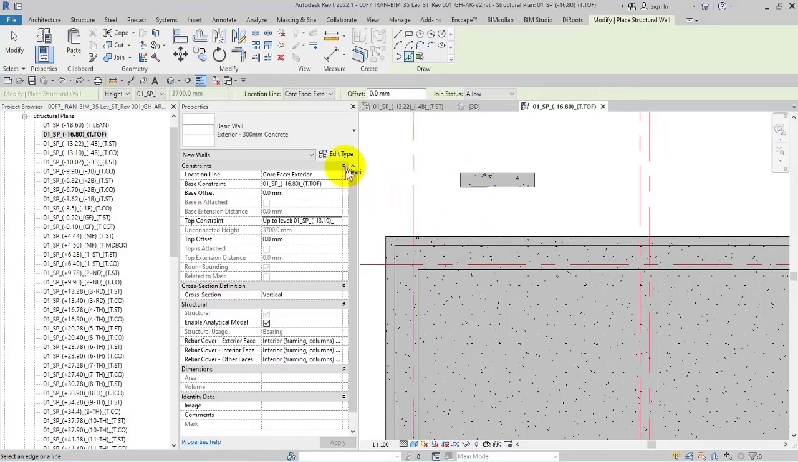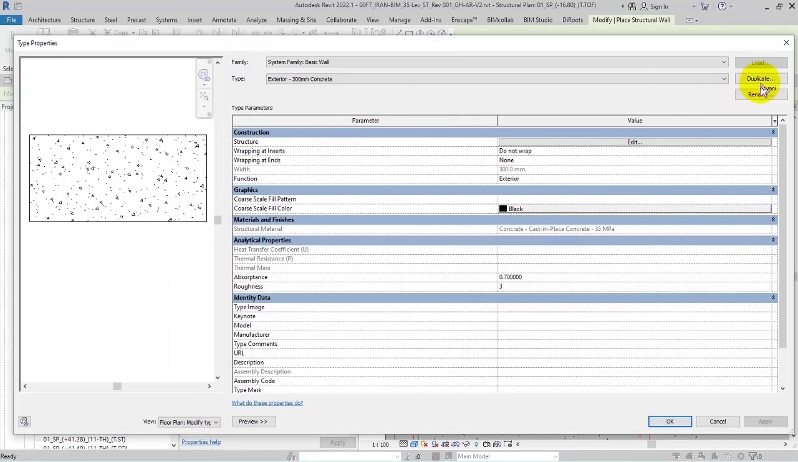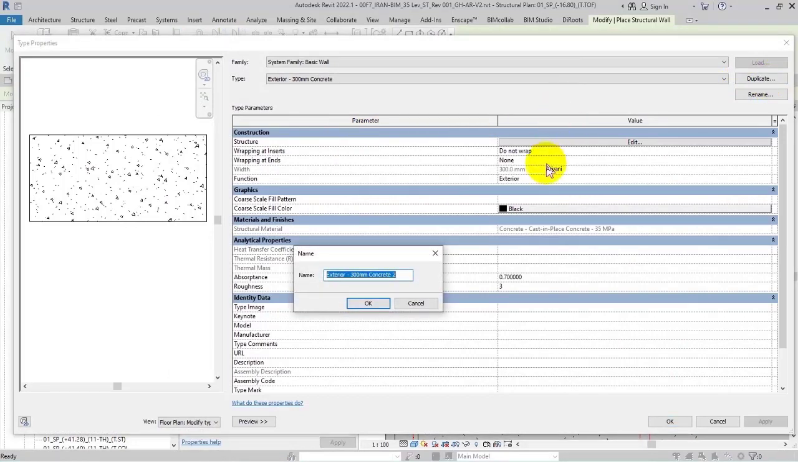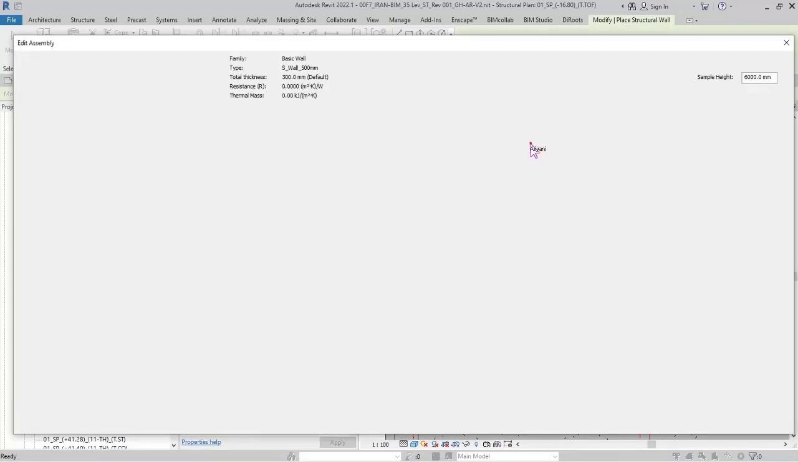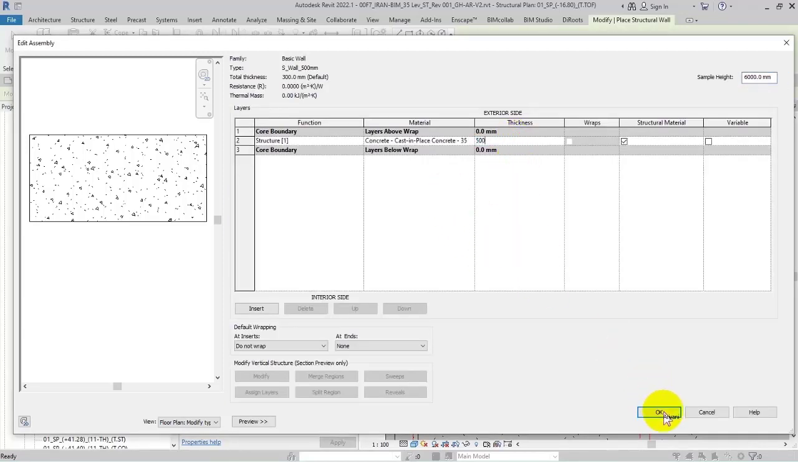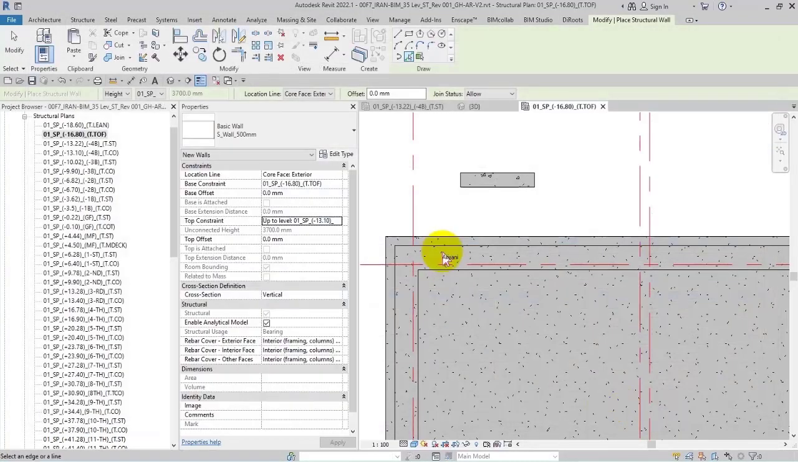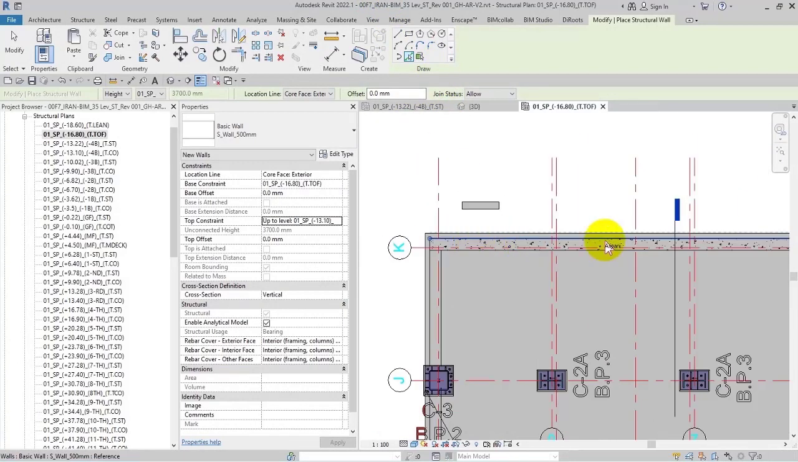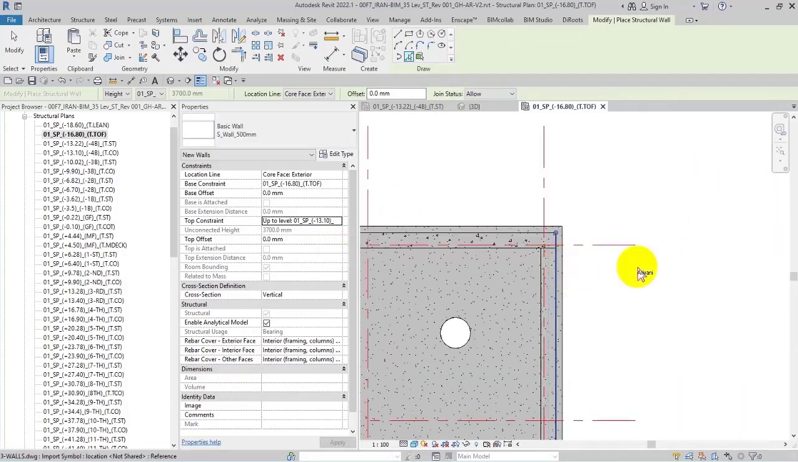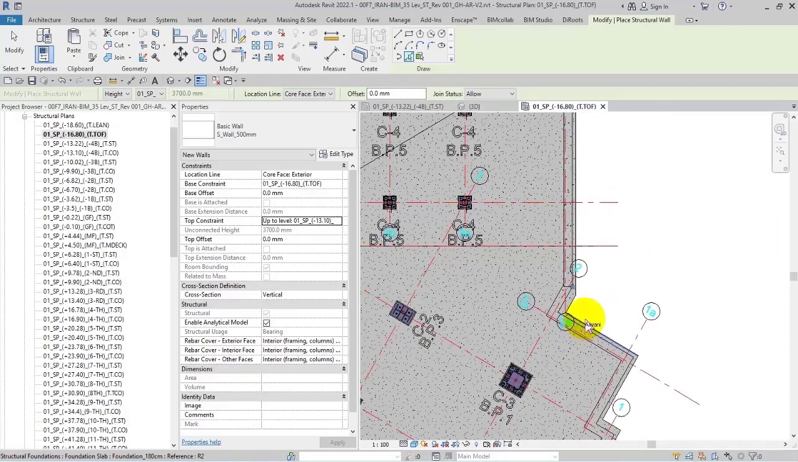one here, and before that I'll go edit type and duplicate this, and for example I will name it S underline structural wall underline 500 millimeters, and here I will put this on 500, and default material, and here should be solid and black, and like this we'll draw the walls here. So let me draw the walls all around this,